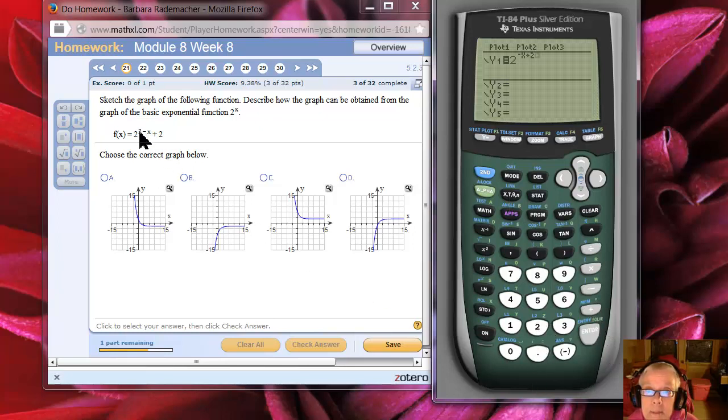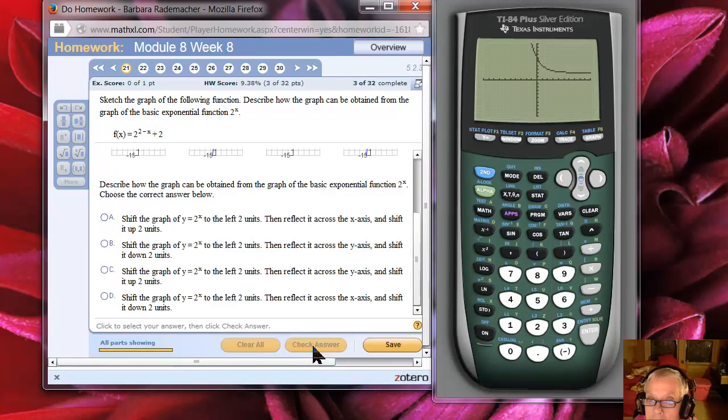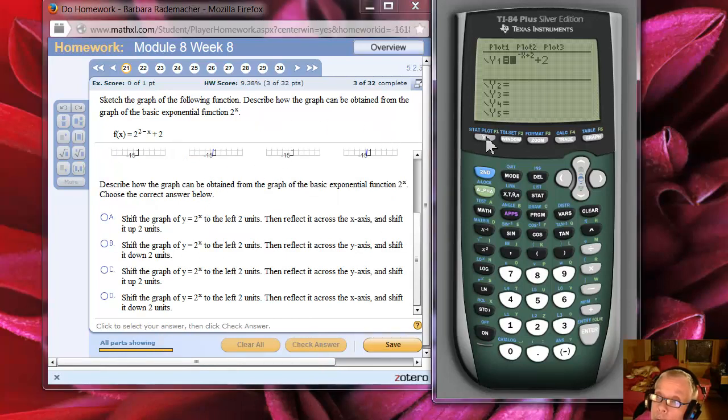That's the power. It's the same thing as 2 minus x. Now I'm going to hit the right arrow key and then say plus 2. Let's graph it. All right. So I think this must be it. Now, you remember those rules of translating,